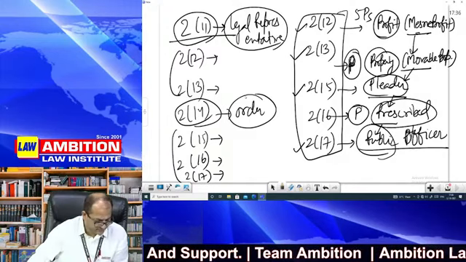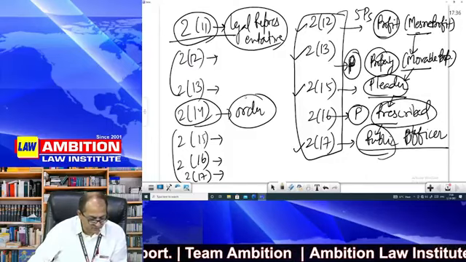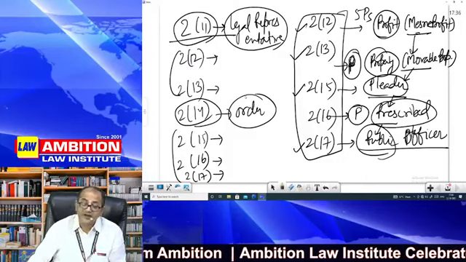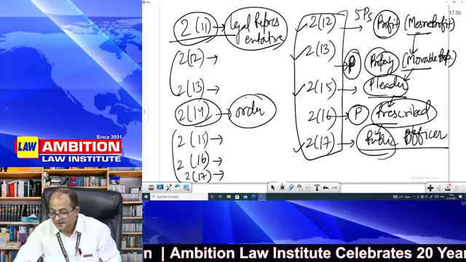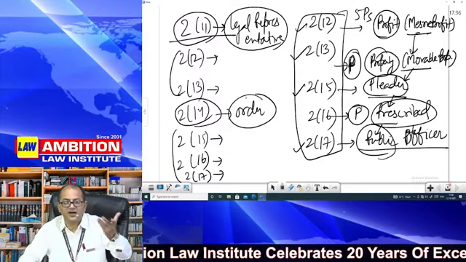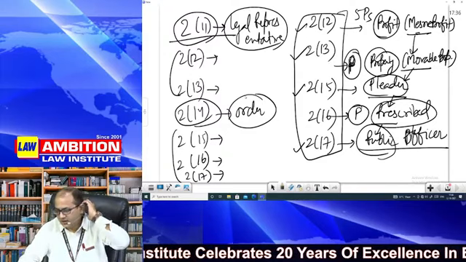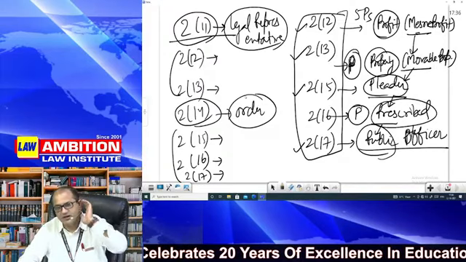Order means formal expression of any decision of a civil court which is not a decree. Decree is the final formal expression of adjudication, whereas order is any order where the court will pass its own opinion on a particular point. Court will order you to do certain acts, to produce certain witnesses or documents. So orders are of various kinds. Order is basically, in common sense, any kind of mandate or direction by the court to do certain acts.